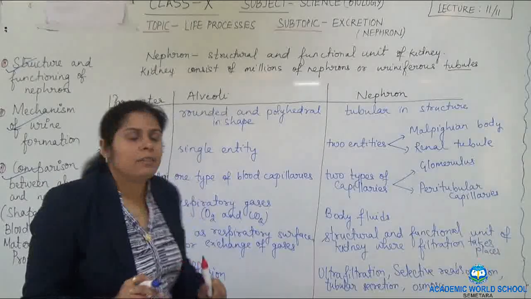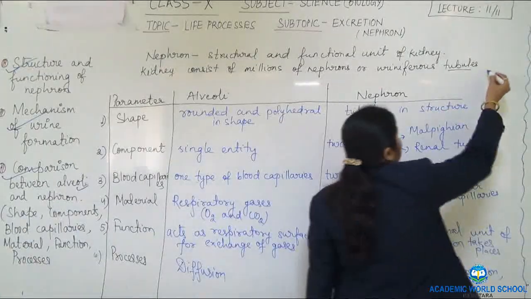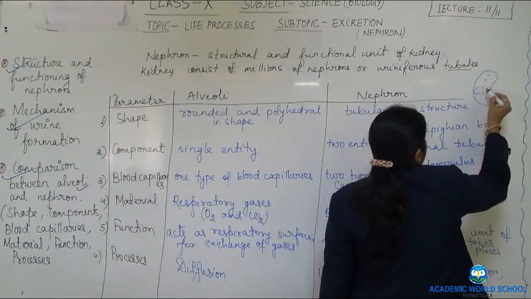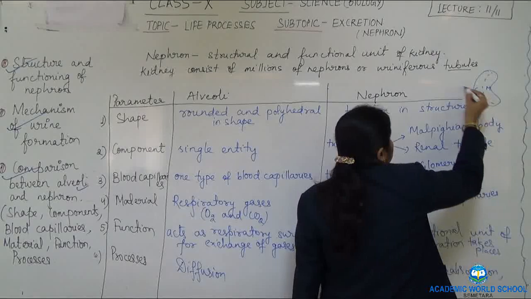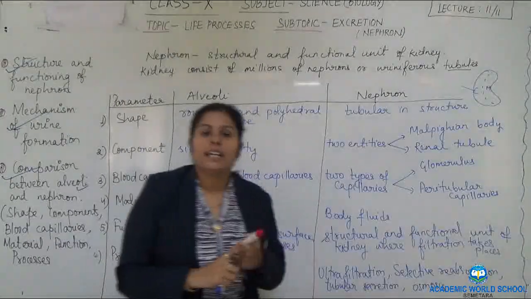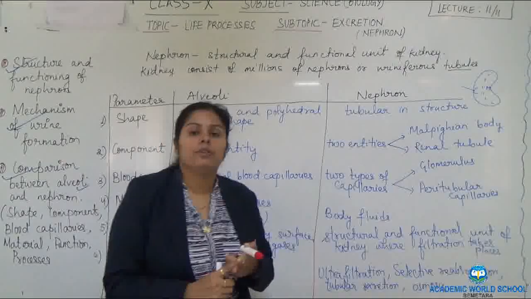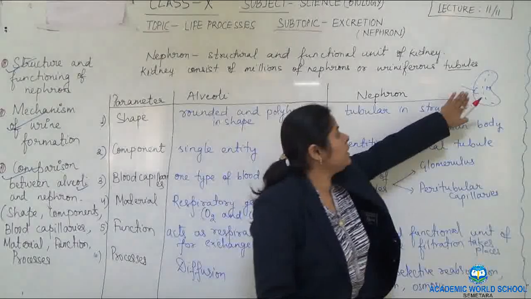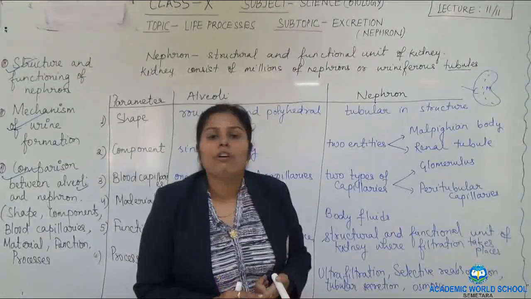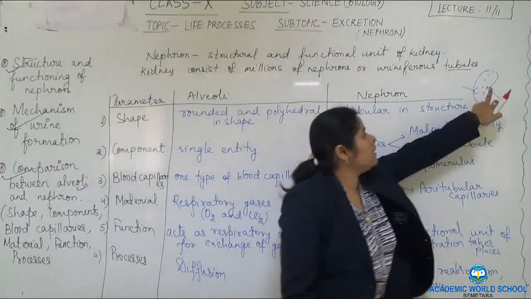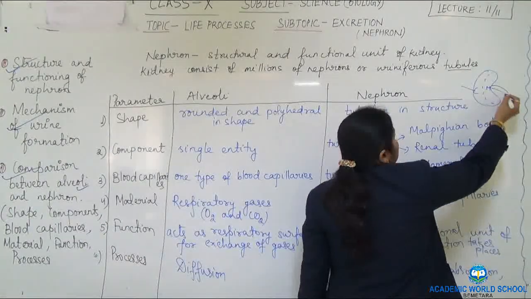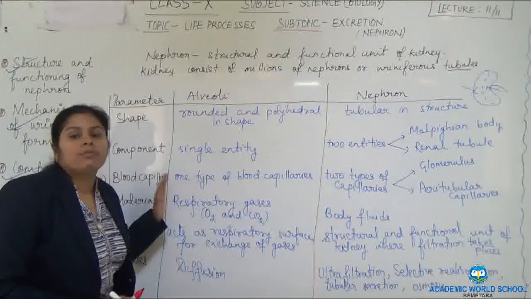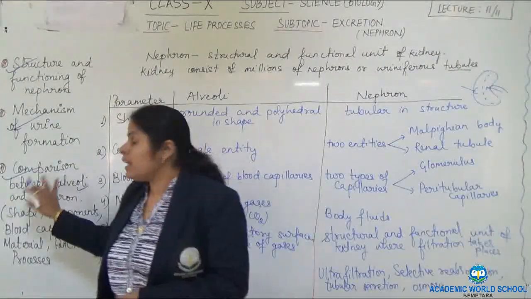You might have remembered, we have read, suppose this one is the kidney. This kidney was divided into two parts. This one was cortex and this one was medulla. So in this cortex, what are present? Malpighian body, PCT means proximal convoluted tubule, and DCT, that is distal convoluted tubule. These three structures are present in the cortex region, whereas the loop of Henle and the collecting duct are present in the medullary region, from where urine comes out through the ureter. So this is all about the comparison between alveoli and nephron. We have completed the last one as well.